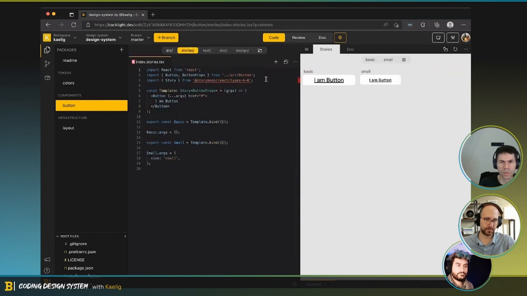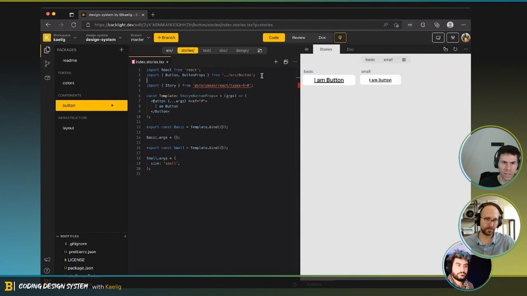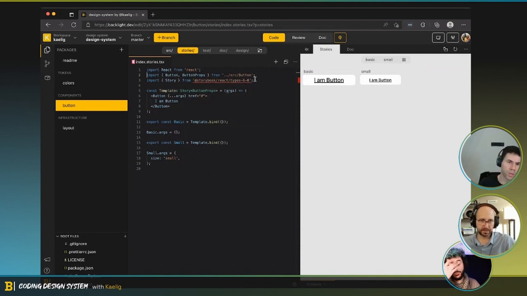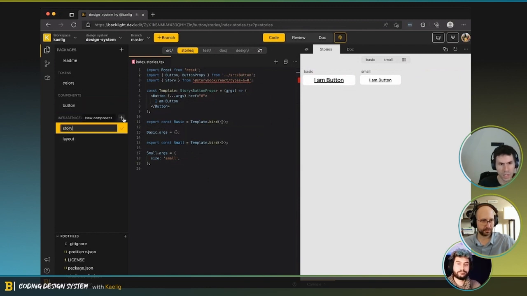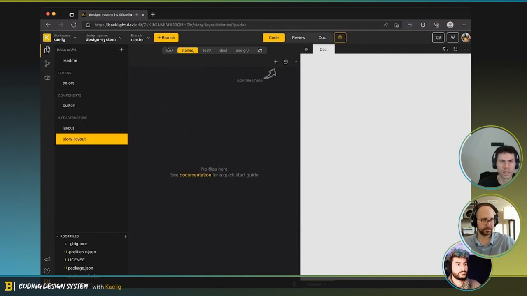But if we want to be very specific, we can just import that in. Or is there some sort of global layout for stories that you have? We can just do that, yeah. So what we can do is story layout, and then in story layout, we can do a decorator, or really just a helper.